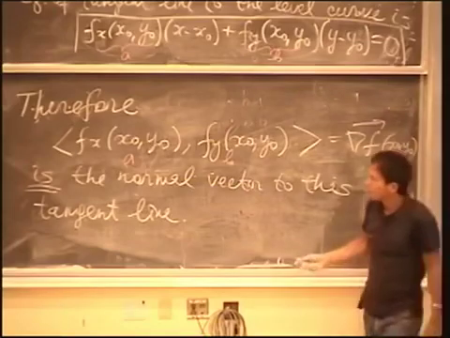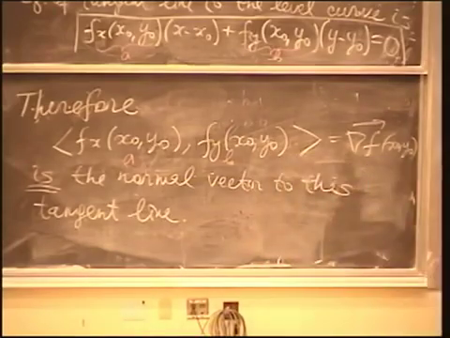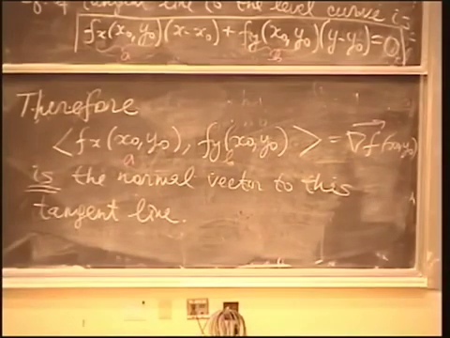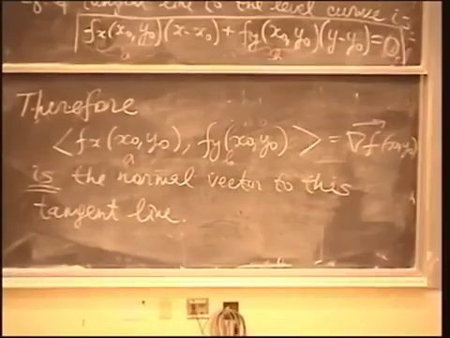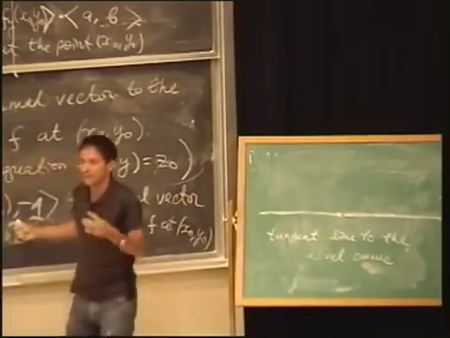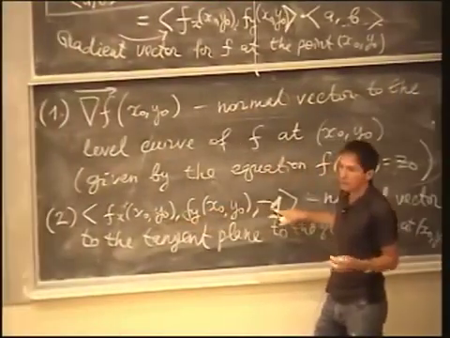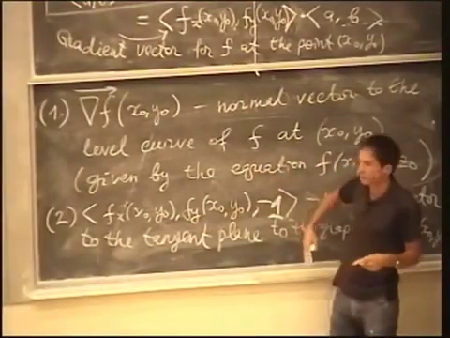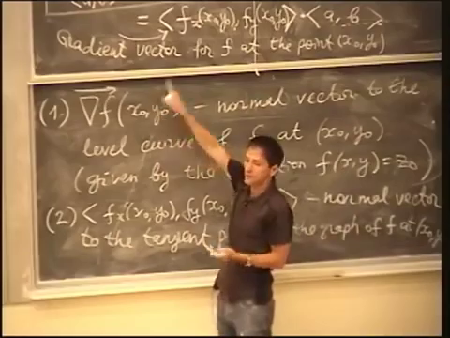So there are two important vectors which show up when you have a graph of a function. One is normal to the entire tangent plane, and the other is normal to the tangent line, to the level curve, which is a vector parallel to the floor, parallel to the xy plane. There's a very simple connection between them. The first has three components because it's a vector in free space, which are fx, fy, and -1. The second is obtained from this one by chopping off this -1. And when you do that, what's left is just